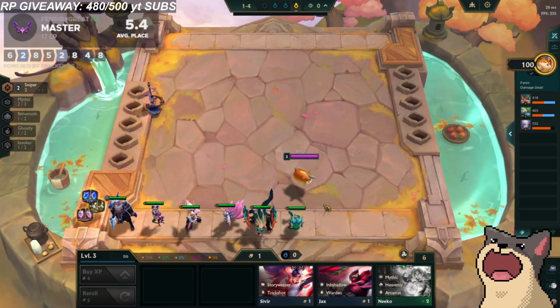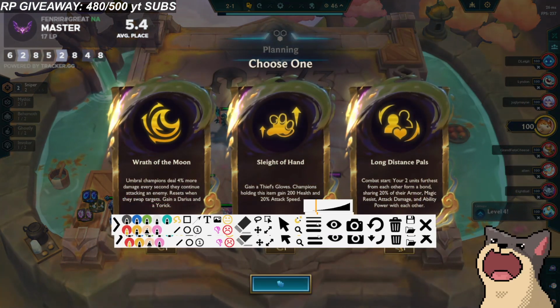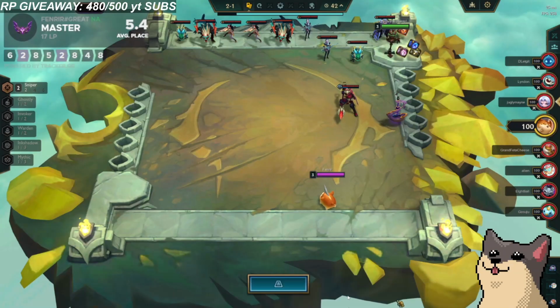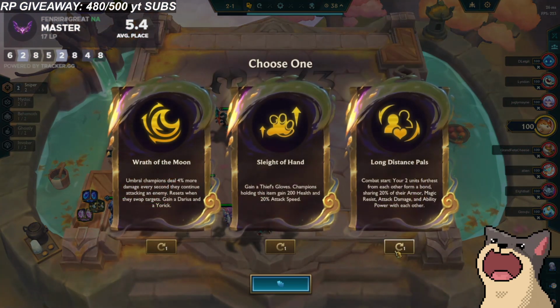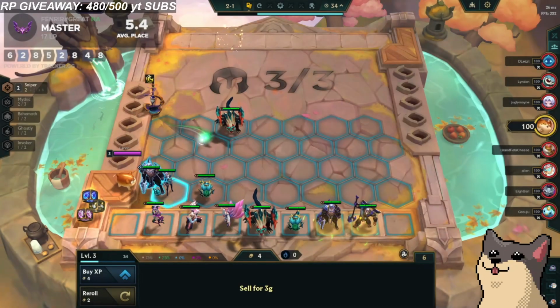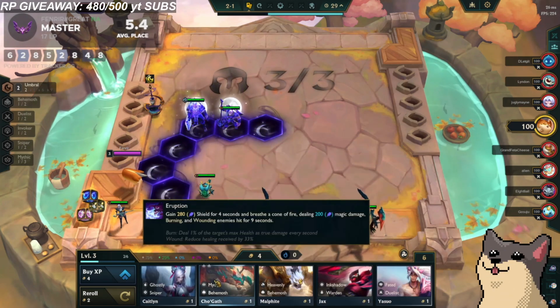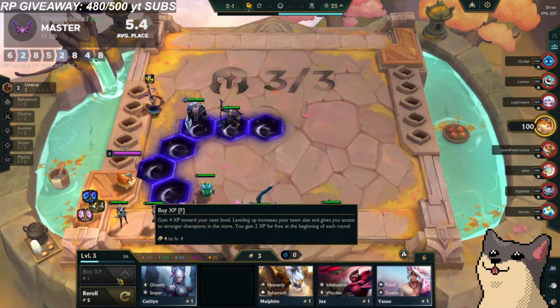If you don't know already, one of my favorite lines to play is Umbral. I feel like it works out really well, especially in gold lobbies where people can hit really high roll type of boards. Wrath of the Moon is very strong. It got nerfed, so it's a little bit weaker than it used to be, but it's still extremely strong. If you look there, it says they deal 4%, so I think this VOD was before the patch where they nerfed it. I don't think that really affects the playstyle of playing towards Umbral units,